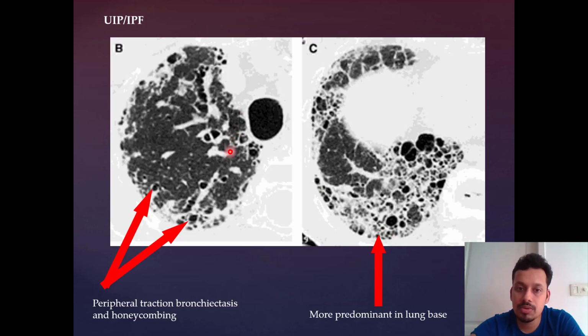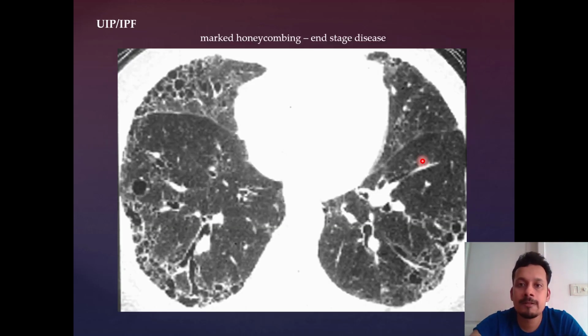On CT diagnosis also, it is basal. This is the lung base. So you can see that multiple basal cysts are also present, and these are the honeycombing seen in the lung base. Honeycombs are basically cysts of varied sizes. Some are large and some are smaller, and they are stacked one upon the other. So they share their walls, and this is classical honeycombing. So this is marked honeycombing in end stage UIP or IPF.